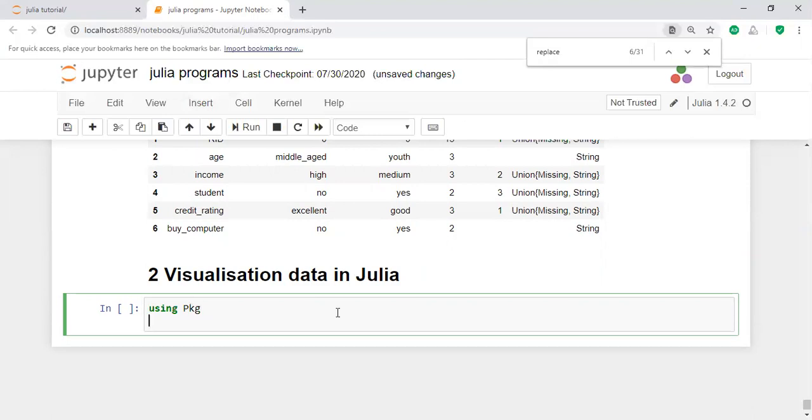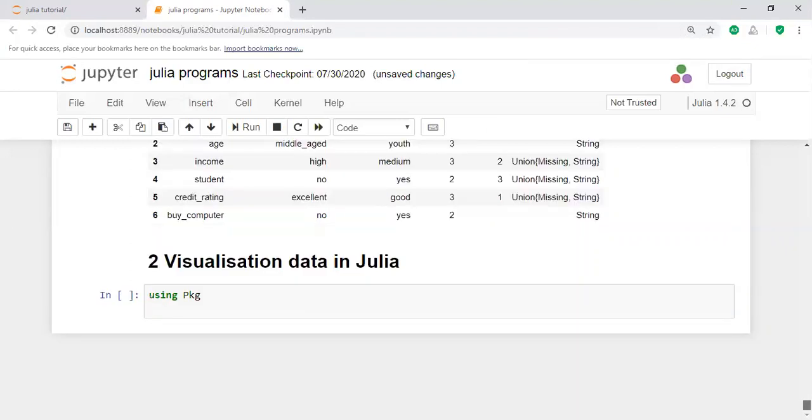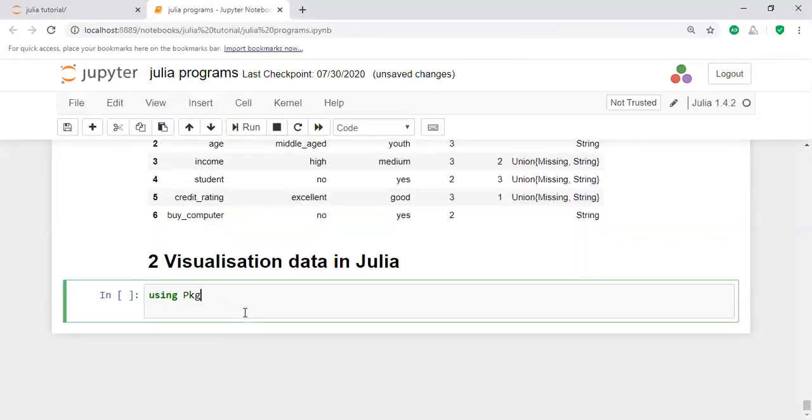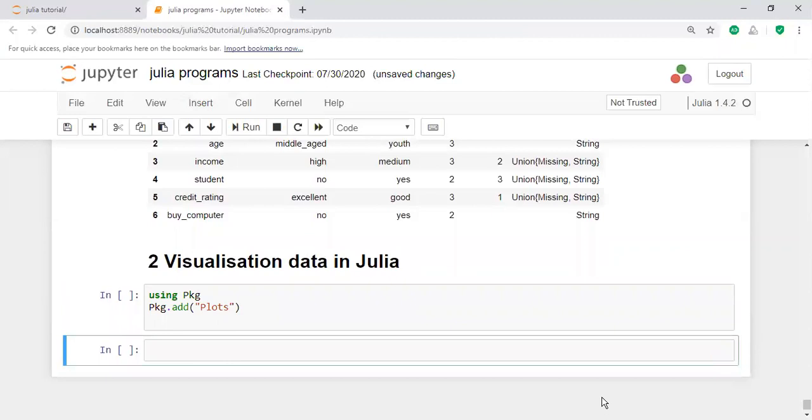Using PKG dot add, adding that package, Plots. If you add this package, you will get the result.